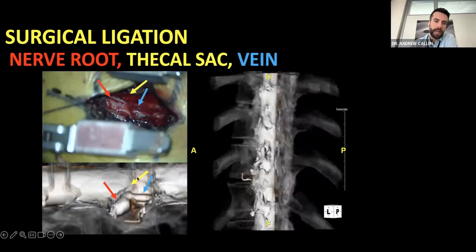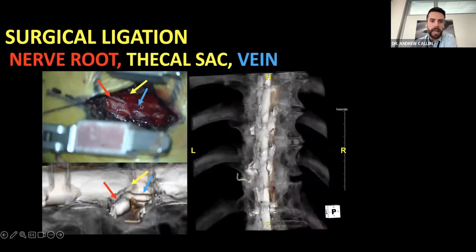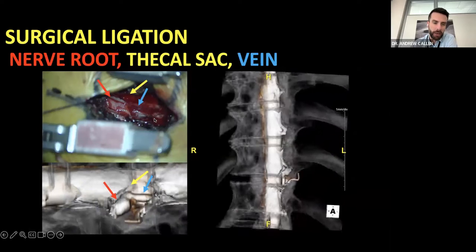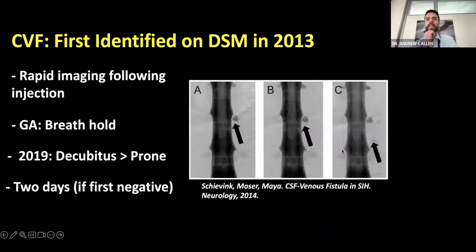This is an image of that same fistula just laid out intraoperatively. Red is showing us the nerve root, yellow is pointing to the thecal sac, and blue is a very enlarged draining vein here at the axilla of that nerve root. These were first identified in 2013 at Cedars and were published in the following year in a case report in 2014 in Neurology. At Cedars, they discovered these by performing rapid imaging following injection under DSM, first in a prone